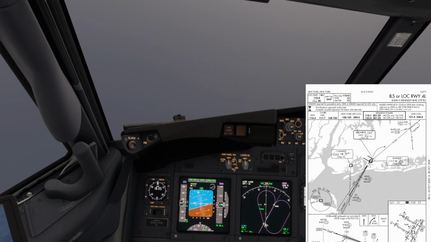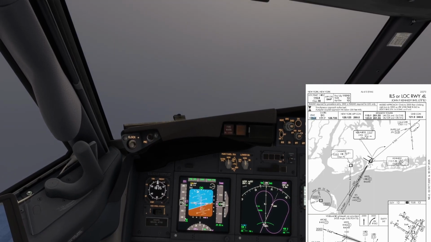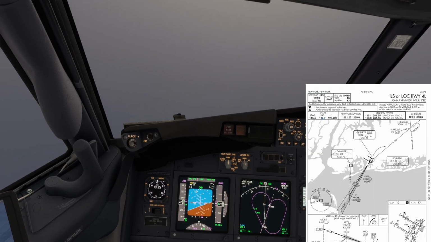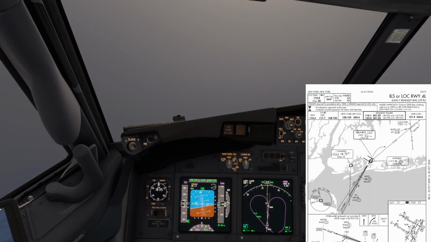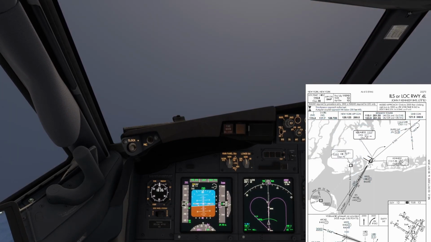ATIS frequencies, just different. So if you're coming from the southwest, you'd use this ATIS frequency. If you're coming from the northeast, you'd use this frequency. I'm actually not sure, that's an odd one. If I was flying into JFK for my first time, I'd probably just start with this frequency right here. So you have your ATIS frequencies, and again, I'm sure the chart supplement would be able to teach you exactly